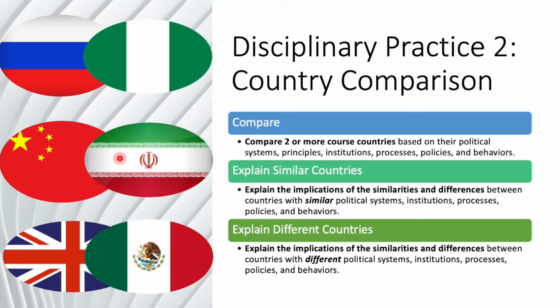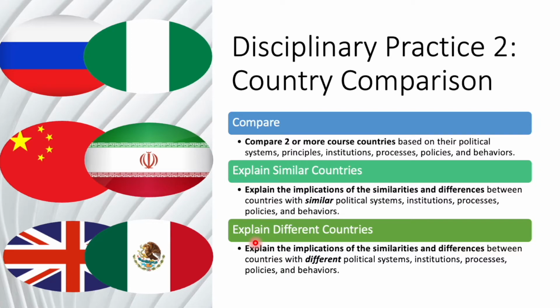Or you might be asked to compare similar unitary systems like Iran and China. But again, you need to explain the implications of both the similarities and differences when you are comparing. Comparing is not just looking at differences, it's also looking at similarities. Now, both are unitary countries. What is reflected in both countries that makes them unitary? And also, what are the differences? What makes each unique in spite of the fact that they share those similar characteristics of a unitary system?